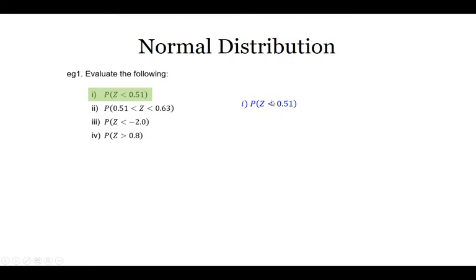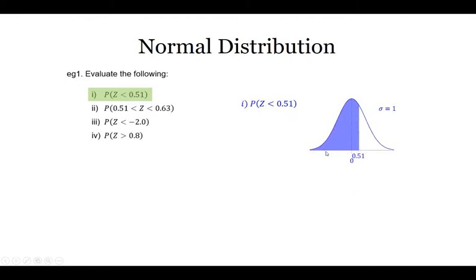Now, less than, this is ticking boxes. We can do this. We don't need to show a lot of working for this. So always a good idea with these questions just to do a little sketch of your normal curve. Doesn't need to be in any way as accurate or as neat as this one is. We know we've got a mean of 0 and a standard deviation of 1, and we are less than 0.51. So I'm going to mark 0.51 on my graph, and I'm less than that,